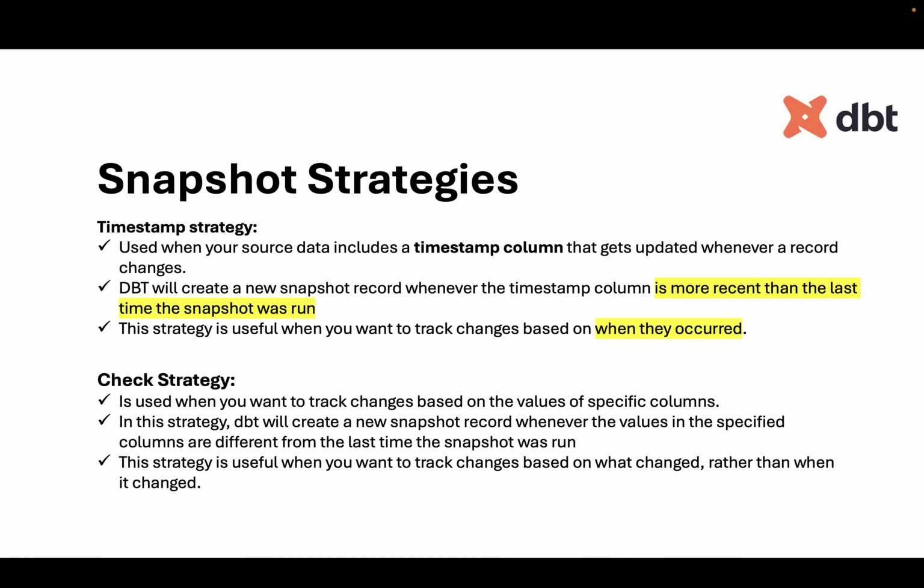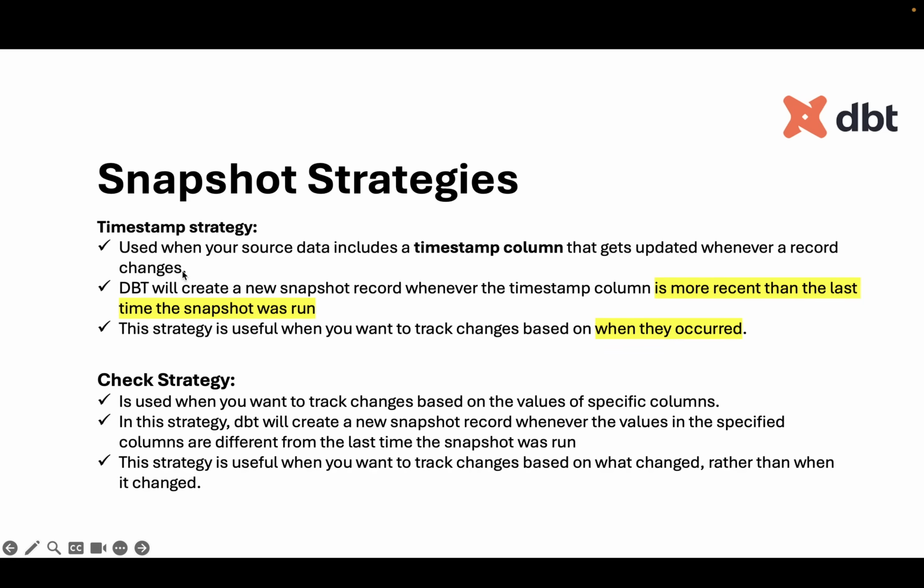Timestamp strategy is used when your source data includes a timestamp column. If you saw in the previous example I was using, an example of a timestamp column there is the updated at. So if you just want to track your changes based on when they occurred, this strategy is useful. If you just want to use the time when changes occurred on your data,